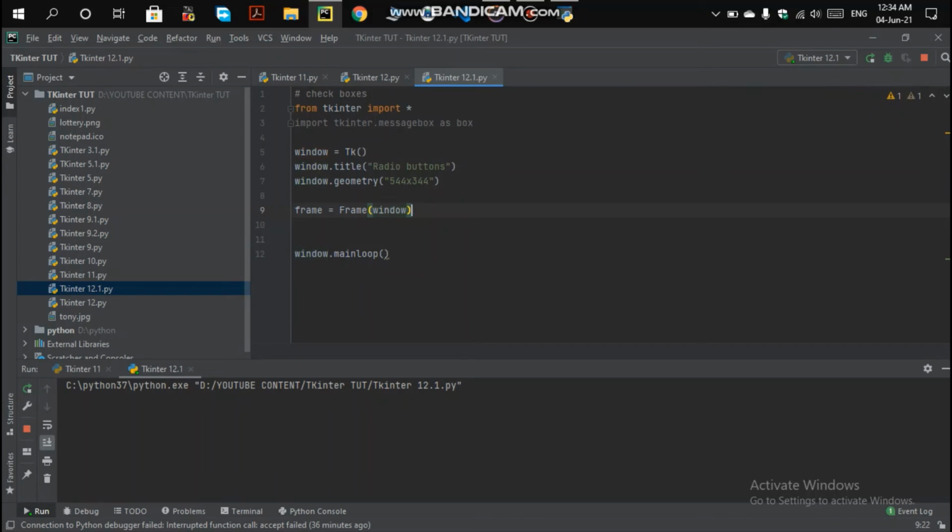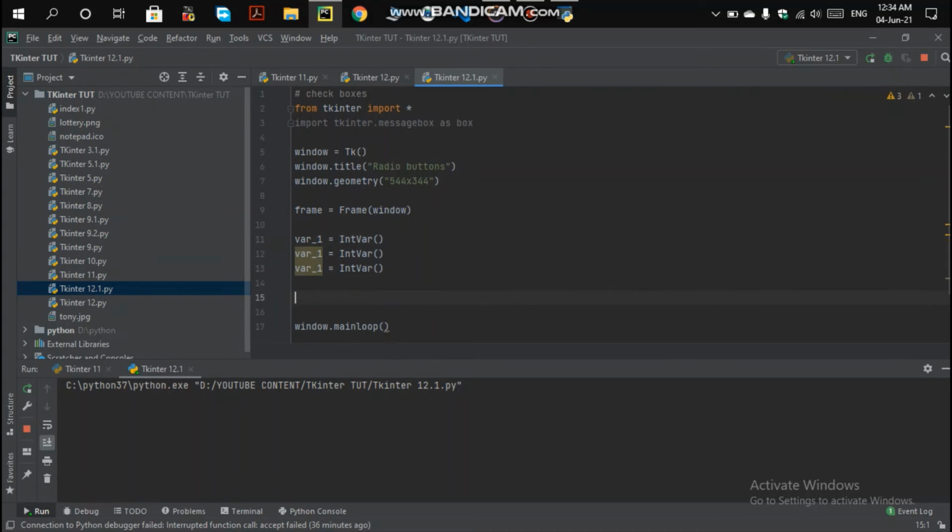I'm going to use one argument as the parent window also. There are some check buttons here, so I'm going to create 3 variables that will store IntVar type values. I'm going Control D here, Control D to copy the line below, with nothing